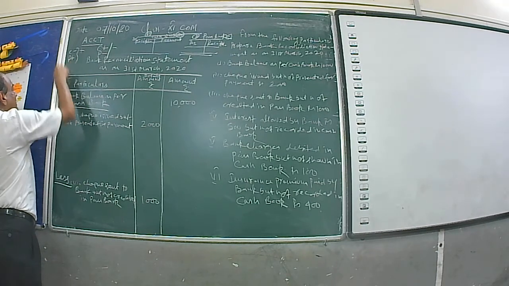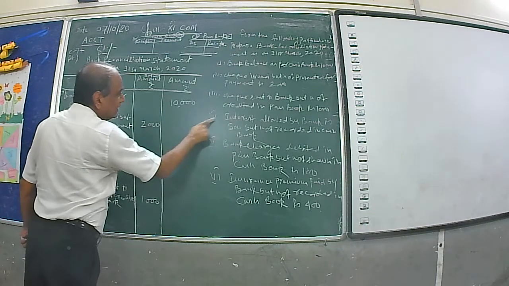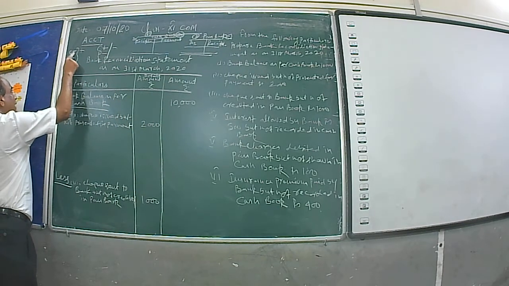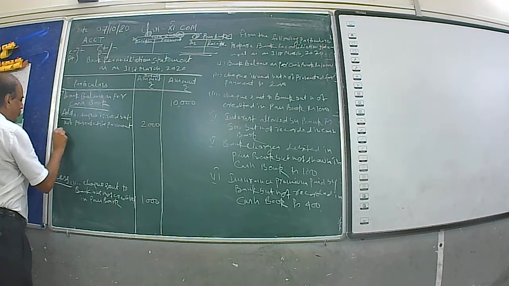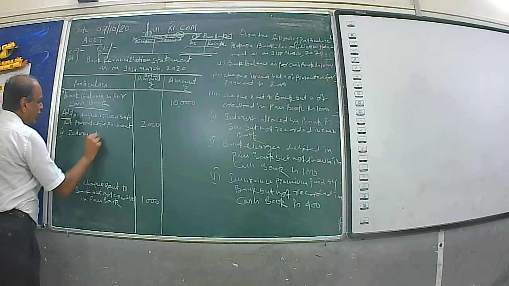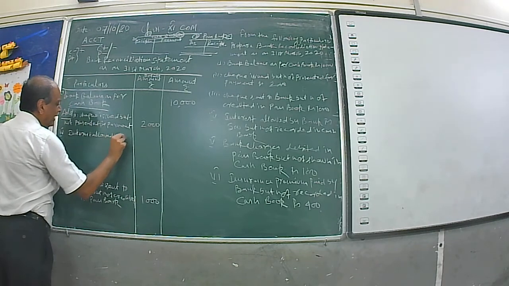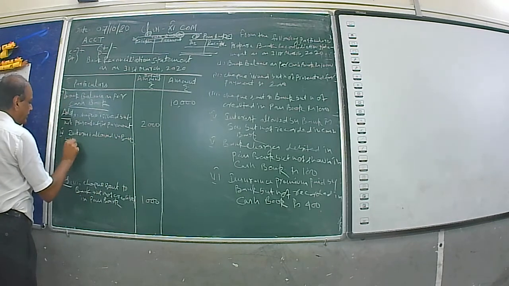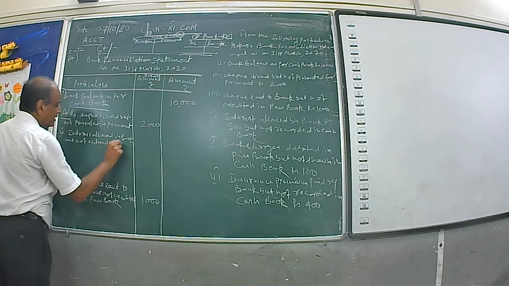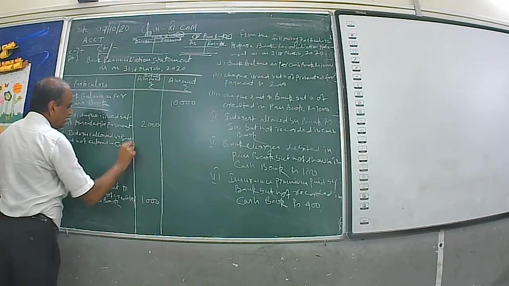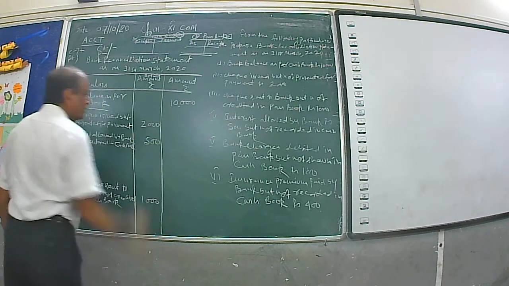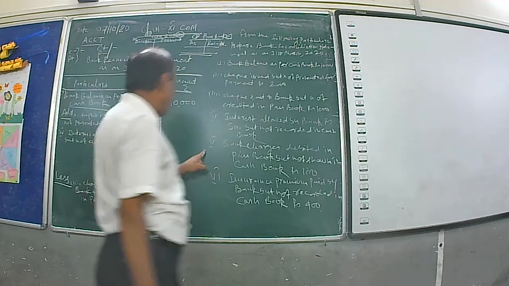So first of all, you decide the position. By this transaction, interest allowed by bank, P is in a plus position, C is in a minus position. Since it is in a minus position, therefore it will be plus. Then number 4 will be in plus. Interest allowed by bank but not entered in cash book. The amount of interest is rupees 500.